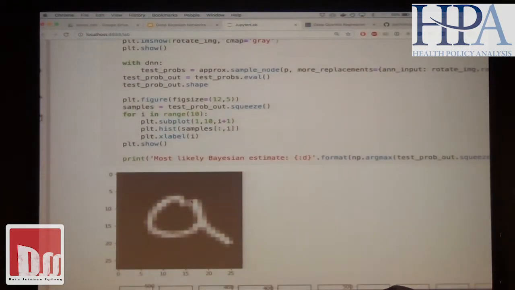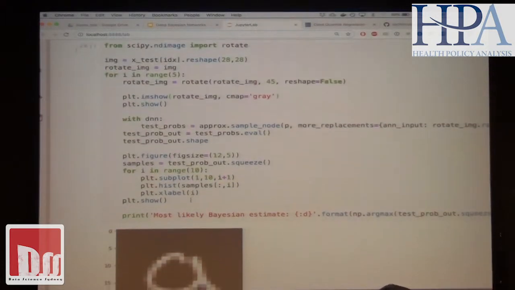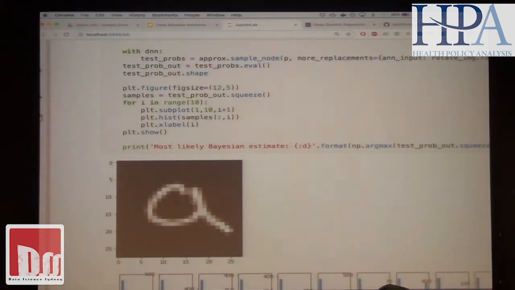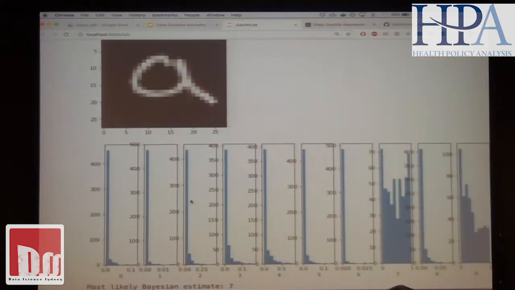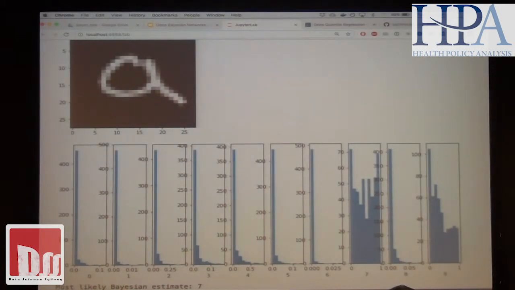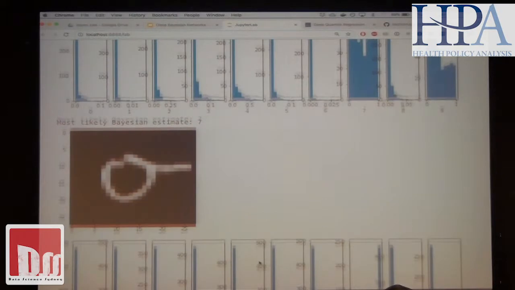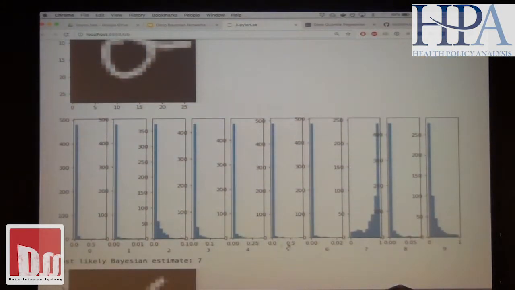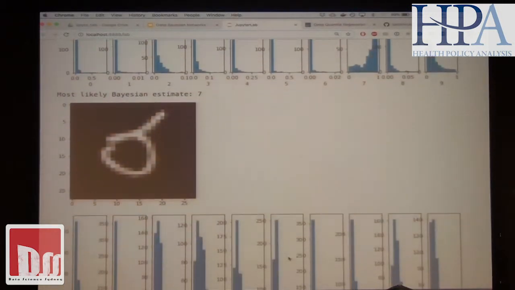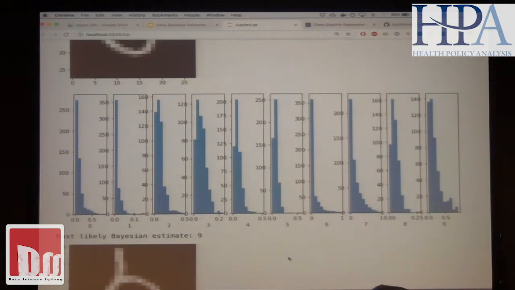Lastly, one other thing that I did was I tried rotating these images, because it wasn't part of the data set that I'd seen before. In this case, it was a 9, and then I started rotating 45 degrees at a time. Because it hasn't seen this before, I want to see what the probabilities are going to be. You'll start to see that it's starting to say 7, but the other numbers are creeping up as well, so there are non-zero probabilities. Once I go across, there's a whole bunch of other things coming up and saying, this might be true. So definitely a 7. It is 7, yes.